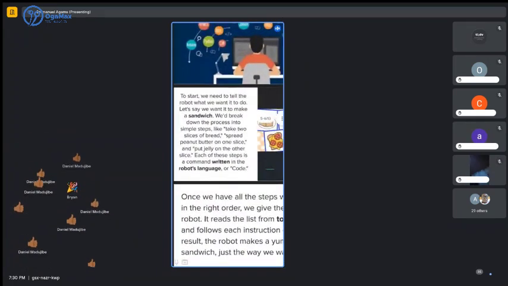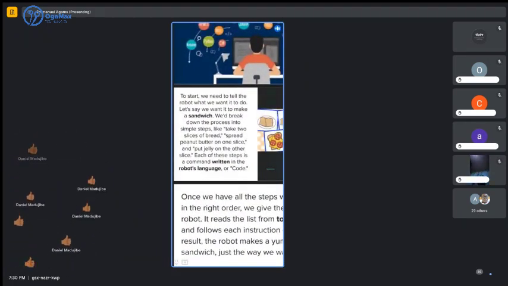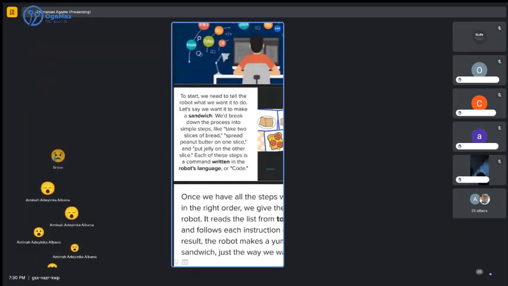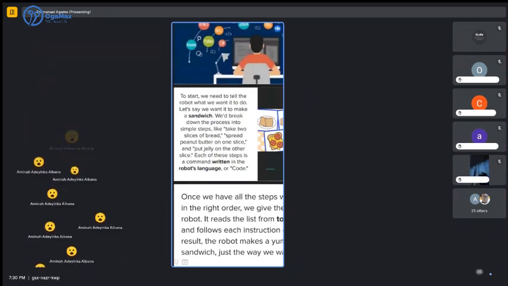So to start, we need to tell the robots what we want to do. Let's say we want to make a sandwich. We will break down the process into simple steps like take 2 slices of bread, spread peanut butter on one slice, and put jelly and all that. Each of these steps is a command written in the program,